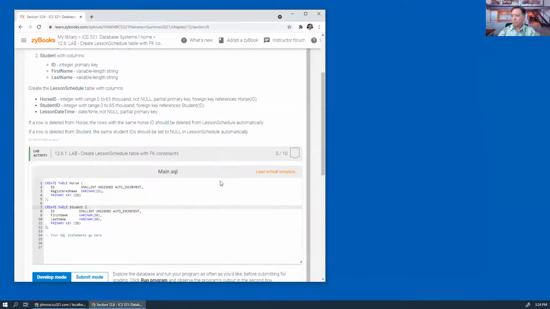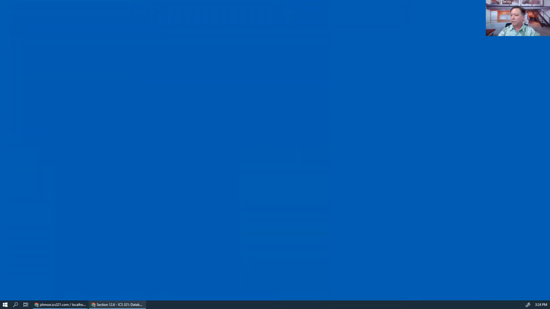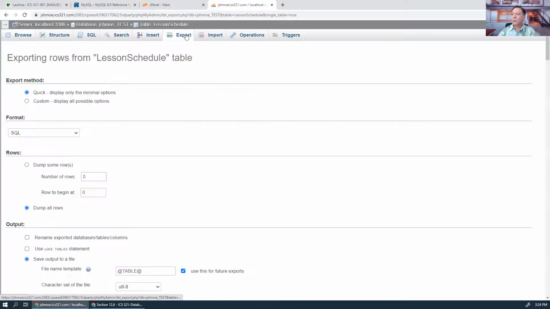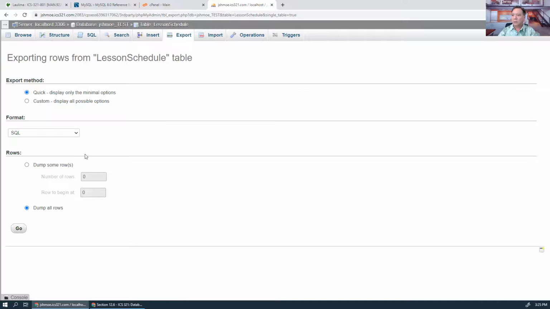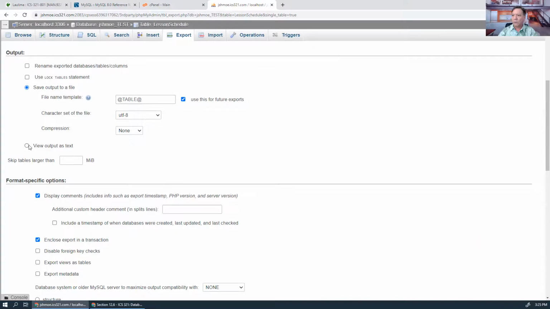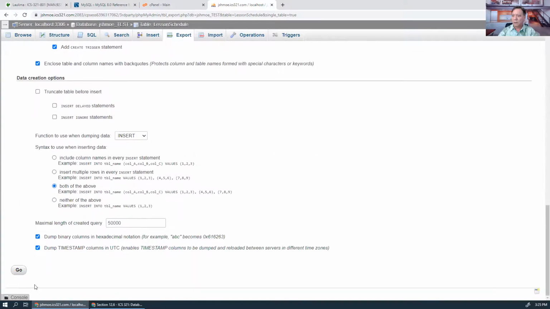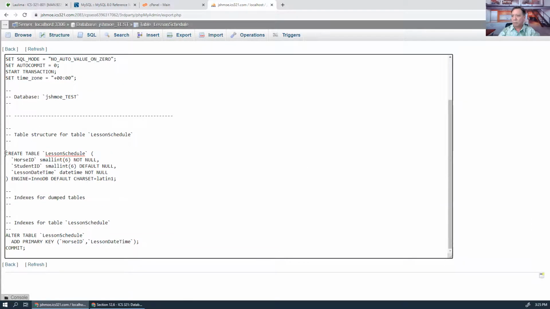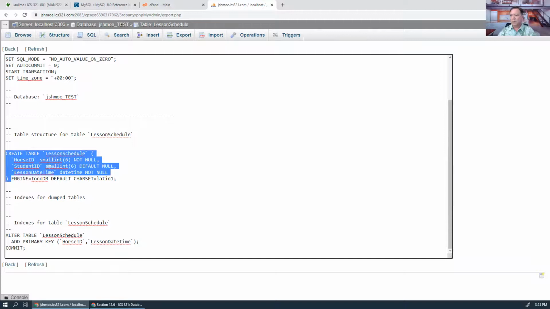Well, we did have the first part there. Did I? Lesson schedule. If I go to export, custom, view as text, go, I at least have this part. So let me copy that. Oh, and there's the primary key thing down there. So let me copy this